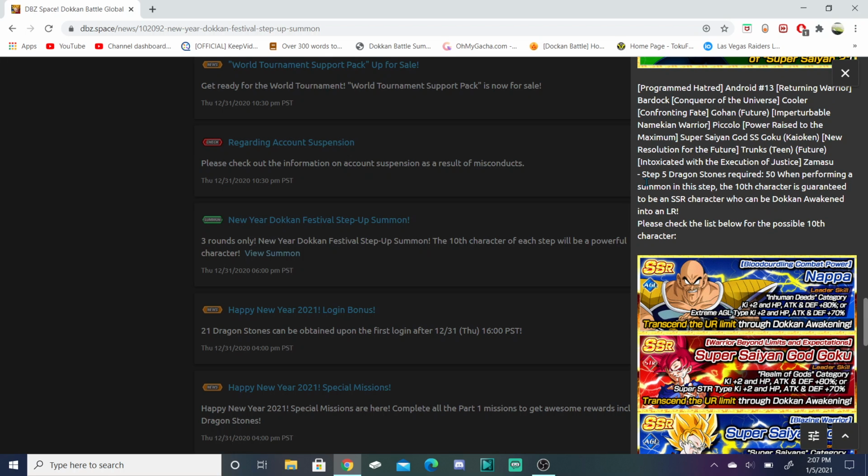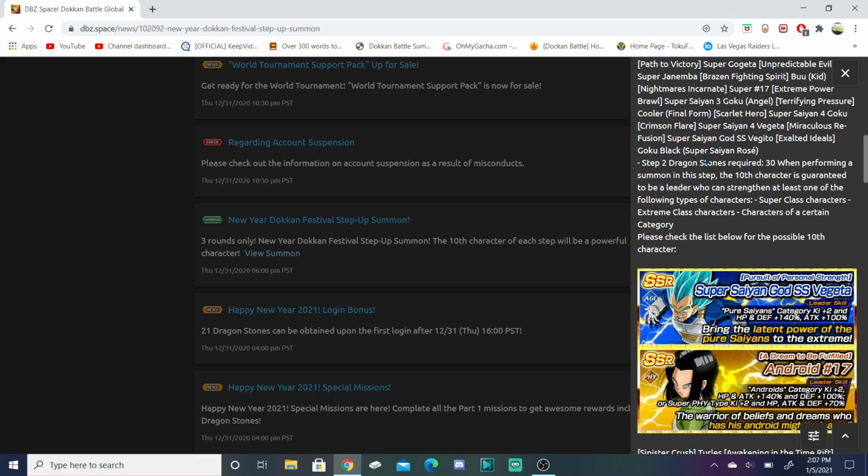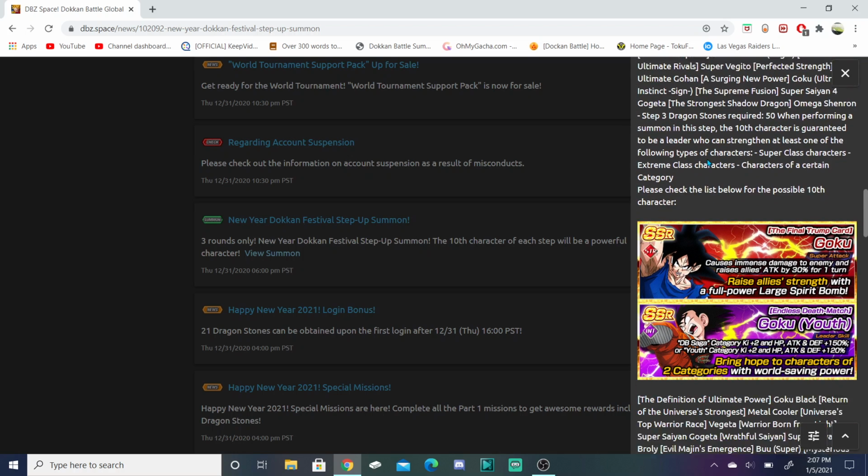But there is no, step 5 is right here. There's nothing saying, hey, UI Goku is only in step 5, Nappa is only in step 5, Spirit Bomb Goku is only in step 5. It's just saying when you get to step 5, the 10th character is a guaranteed LR. That's it. There's nothing here. You have obviously the other steps here, all the 4 steps, and there's nothing about that at all in here. So basically,